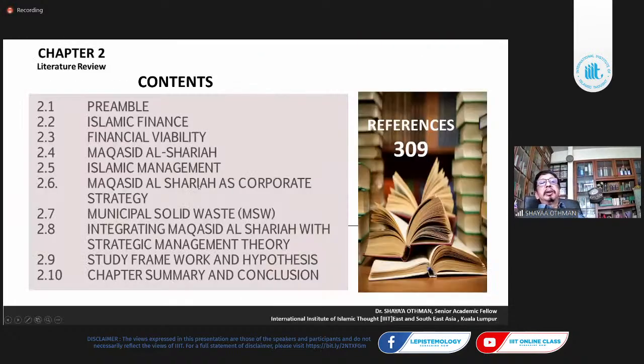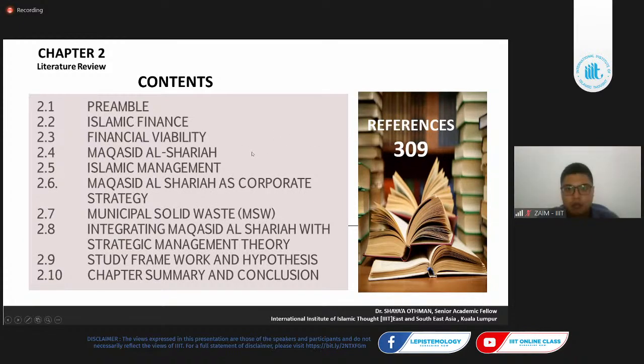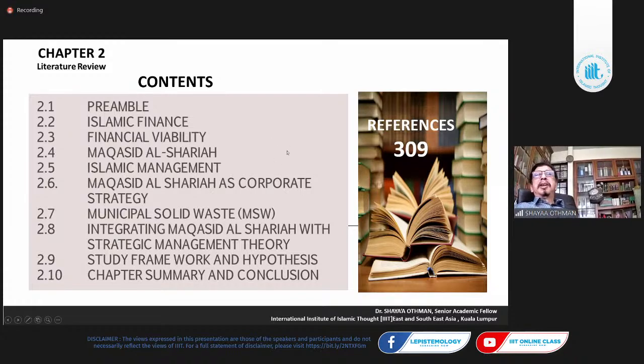methodology used. Literature review, well, some people say one book read. When I did my research, I said I read 309 books. They asked why so many books. I said 309, a lot of books. When the examiner asked me how many books and journals I read, I said I read 309 books, and that includes journals as well. We look at the substance of the thing. There are other journals which are not relevant, but I don't put them here. Only the relevant journals in this area that I look at, even books.